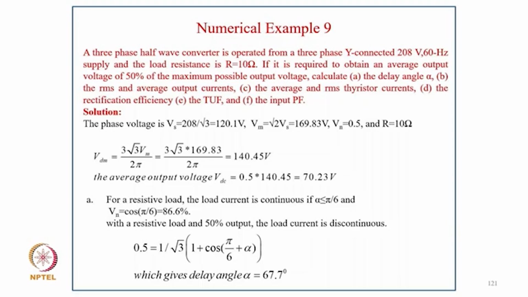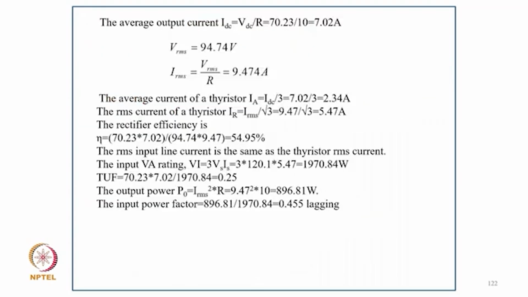cos 5 pi by 6, that is 86.6. With the resistive load, 50% load current becomes 0.5 equal to 1 upon 3 in bracket 1 plus cos 5 pi by 6 plus alpha, which gives the delay angle alpha equal to 67.7 degree. The average output current is Idc equal to Vdc by R, that is 7.02, and Vrms equal to 95.74, Irms equal to Vrms upon R, that is 99.474, and average thyristor current is Idc by 3, that is 2.34, and RMS current of thyristor is Irms upon root 3, that is 5.47, and rectifier efficiency is